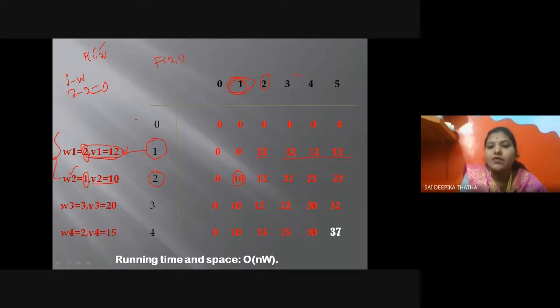Likewise, I am telling with the second next one. This is the value of j, 3. If I want to get 3, I need to add this 1 plus 2. So what 1 plus 2 will add? That gives 3. So add the values, not the weights. 12 plus 10, which is nothing but 22. So do with 22. If I go with 2, this is 2. Weight of 2 is present there, W1. So what is the value for that corresponding weight? 12. So I can fill the 12 here. Likewise, you can fill all the tables.